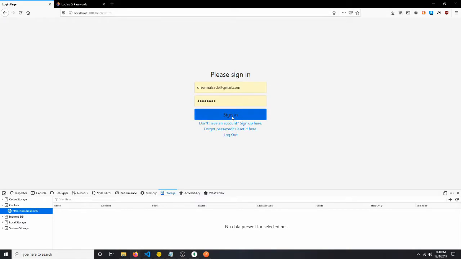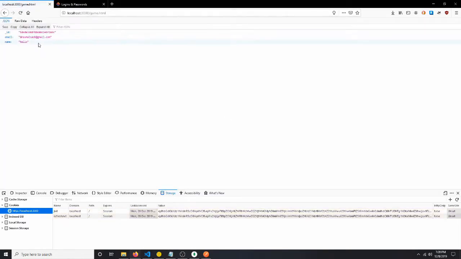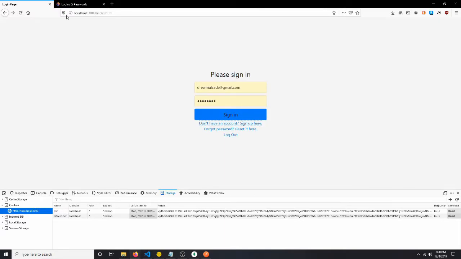Now if we go back and sign in, it'll give us a JSON object showing all our email, our ID, and our name. I don't have the MMO fully set up yet, otherwise it would go into that. If we go back,